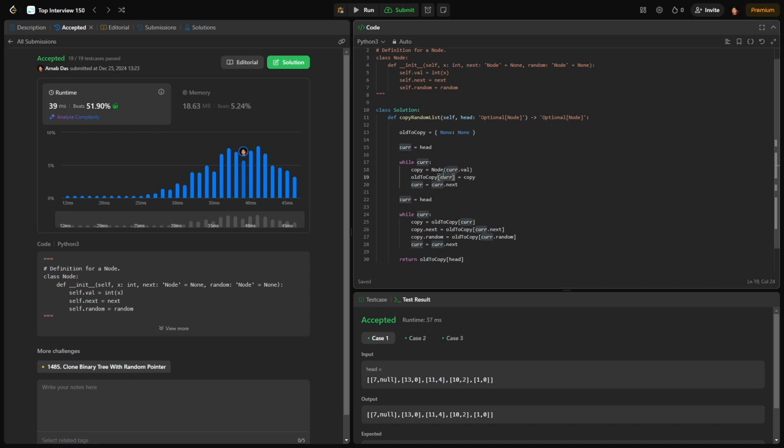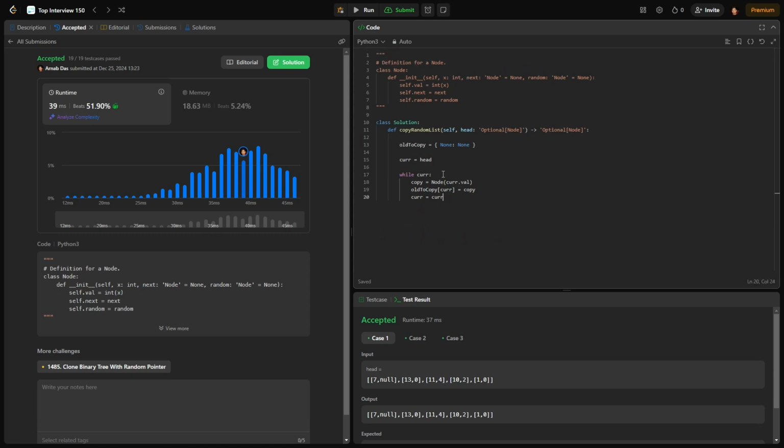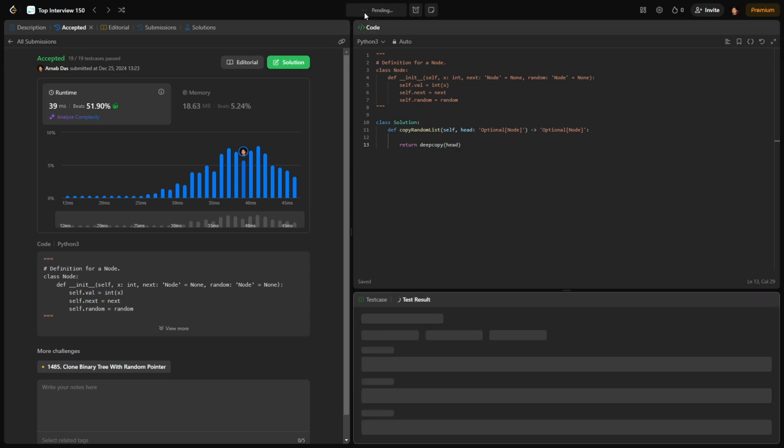It's not very accurate, but there is also another way of solving it, which is pretty intuitive. Let me erase it, but it's not a proper way of solving it. So just to show you, in Python, there is a function called deepcopy. So you can do return deepcopy of head. And if I run it,